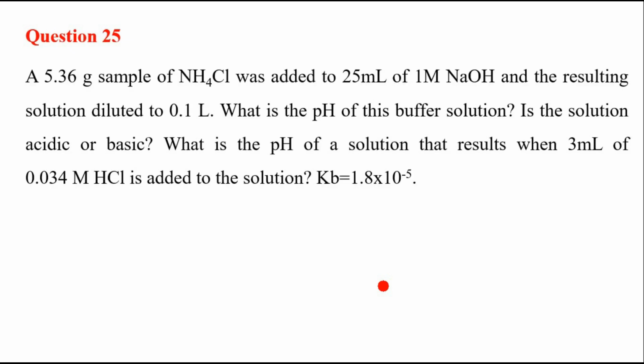Question 2.5 is saying 5.36 gram of ammonium chloride was added to 25 milliliter of 1 molar sodium hydroxide, and the resulting solution is 0.1 liter. What is the pH of this buffer solution? Here we have the buffer solution, which is the ammonia and ammonium system. Is the solution acidic or basic? They are asking what the pH of the solution is, and then that 23 ml of 0.034 molar HCl is added to the system. So now let's first find the pH of this system before adding the